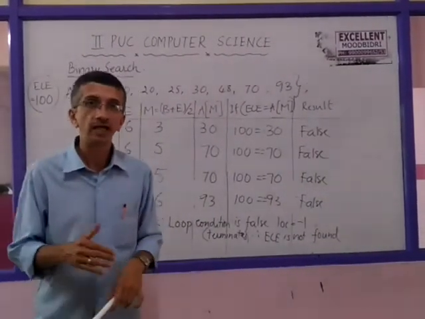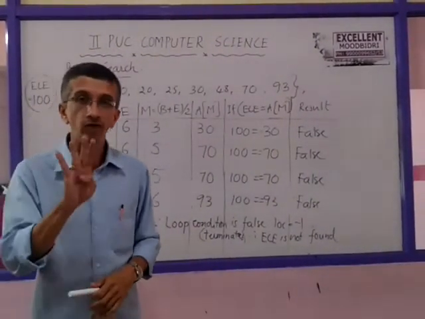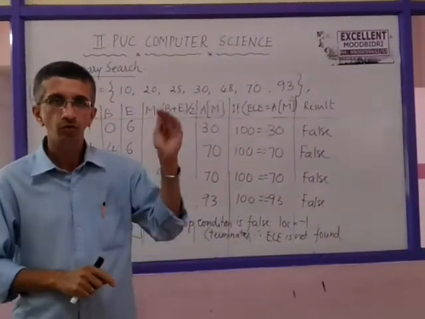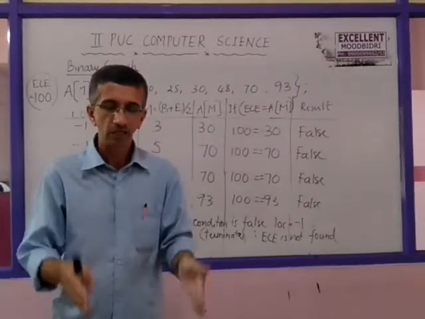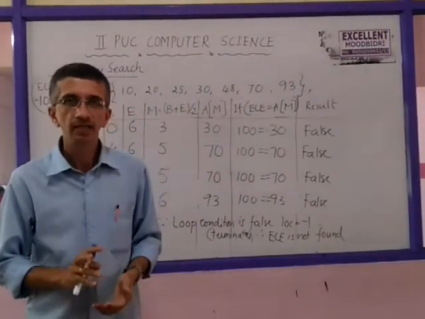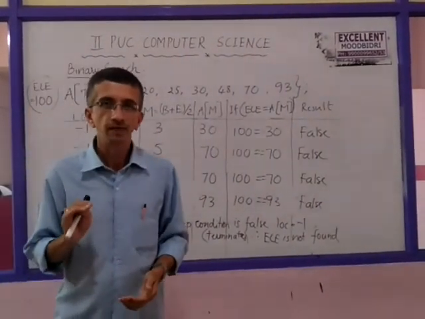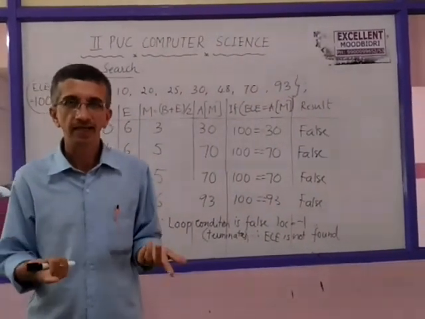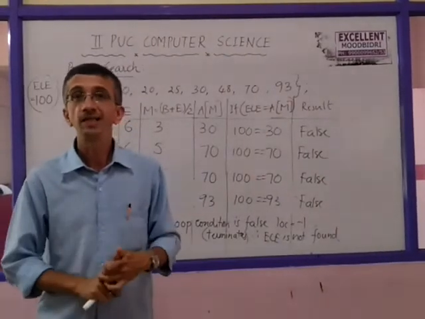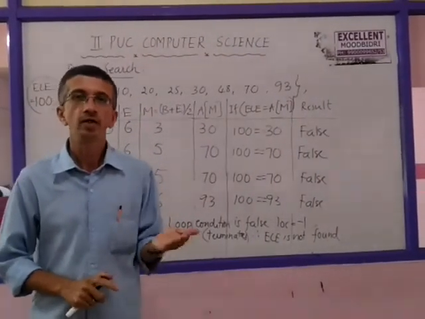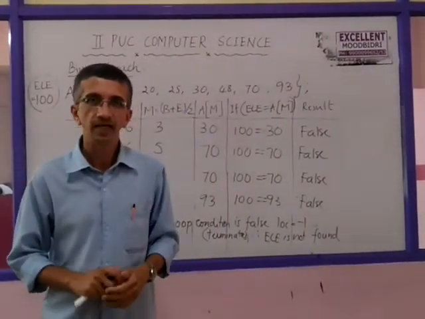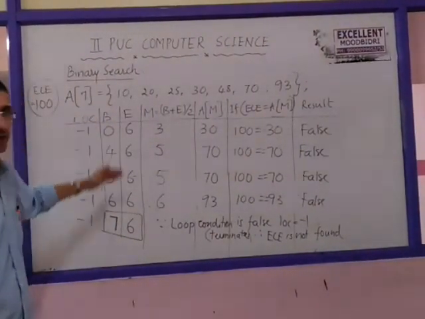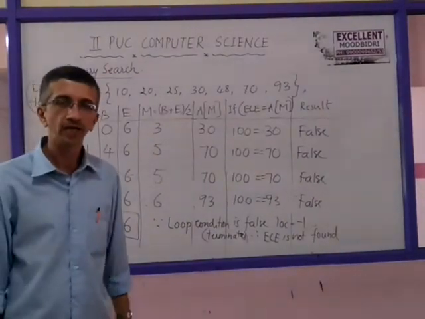So tracing of binary search algorithm, as I told, can appear for 5 marks. Even the algorithm of binary search can be for 5 marks. You have to write the algorithm notations along with the steps, and 5 marks for this. Sometimes in the annual examination, given an array and the search item, use the binary search algorithm to find the location of the given item. The item may be found or not found. So accordingly, you must illustrate the use of the binary search algorithm to get 5 marks.